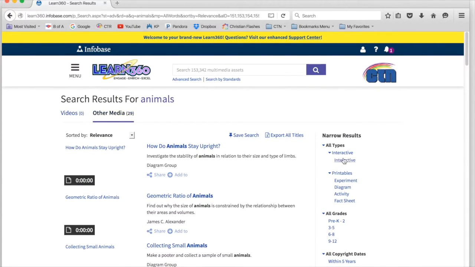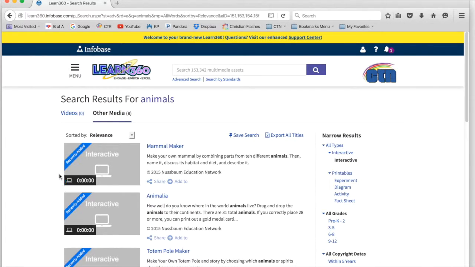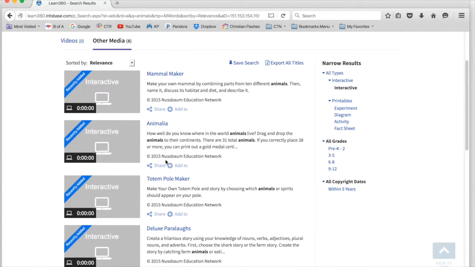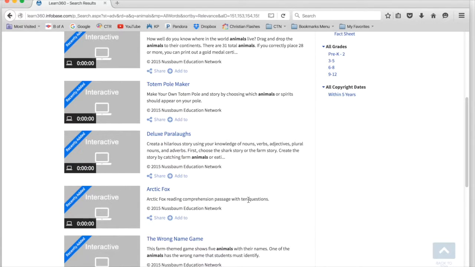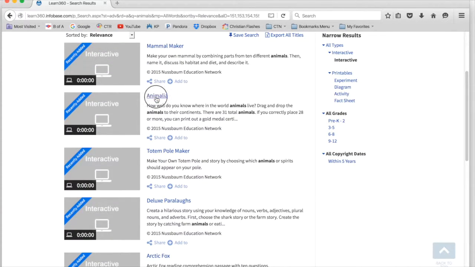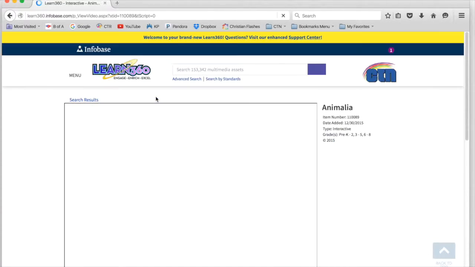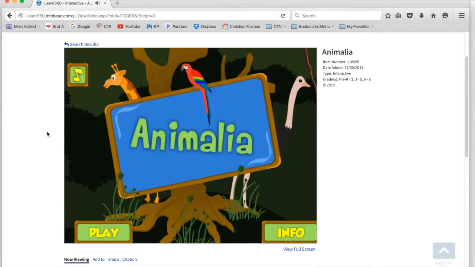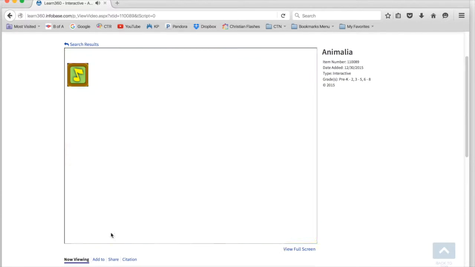Going back to those search results, let's go back to those interactives that I was telling you about. So if you go ahead and click interactives, here we go. We have Mammal Maker, Animalia. These are really fun. So let's go ahead and click on one. What you actually can't hear right now is all the fun music that's playing with this game. But if you play it,